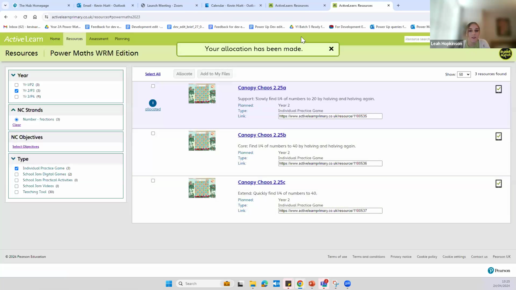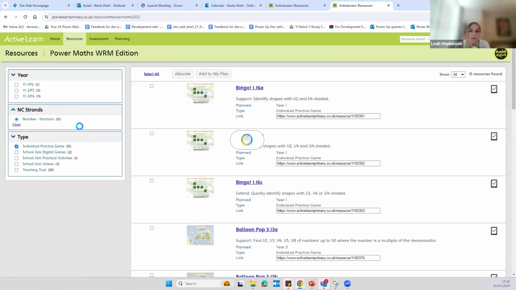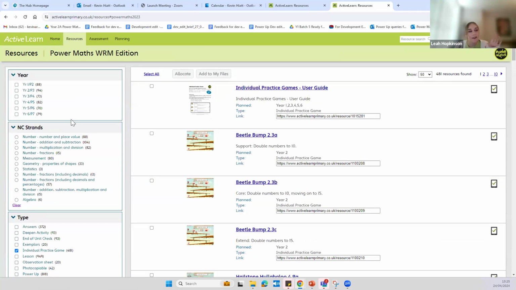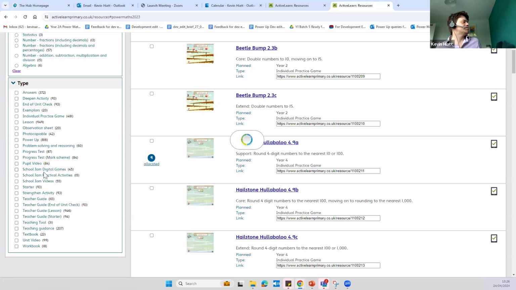There's a few questions around whether there are any tests for Key Stage 1. I was just wondering if you could, while you're in Active Learn, show the end of unit tests across the year groups. There was also a question around workbook samples for year 1, so it might be an idea to share what that looks like on the screen. I think there are samples available on the website. Yes, absolutely. Give me one second.